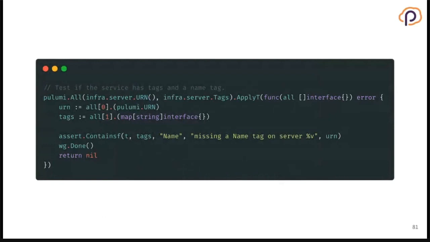Then we're passing in the tags from that server. Just passing in the URN here so that we can add a little bit of verbose logging if perhaps something fails and we have a bunch of resources in our stack. So wait for those available values to become available. Call this apply callback, and then make sure that that name tag exists inside of the tags collection that gets